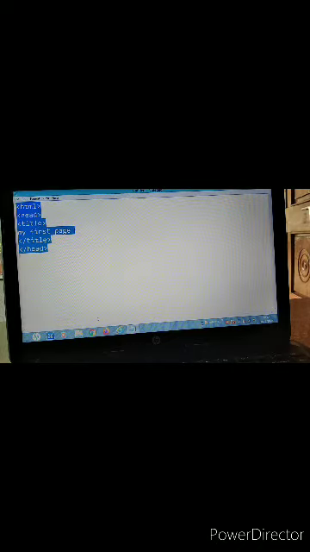Just click over there and then click on the font. It will open the font dialog box. Just click the size you want to increase. I am selecting 22 and then click OK. That will increase the size of the text you are writing inside the Notepad software.